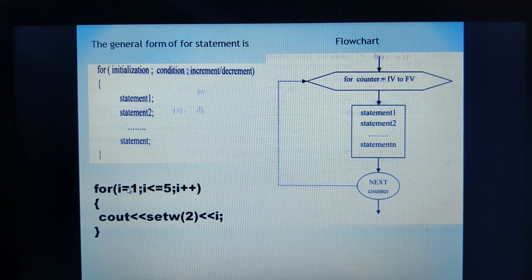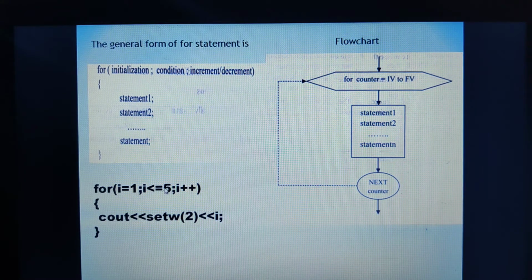Finally, once this initialization is over, the control jumps to the condition. This condition may consist of a relational expression, and it determines when the loop will exit. As I can see, the loop will exit when the variable i becomes 6. 6 less than or equal to 5, the condition fails. Based on this only I can determine whether we can go for the iteration or not. Therefore, I can say this condition determines when the loop exits.